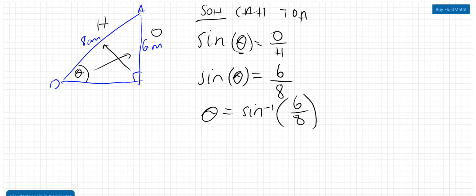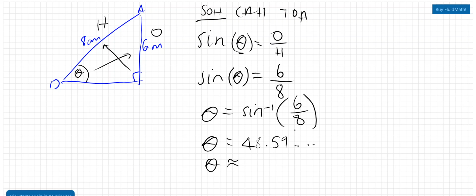Now, please enter this into your calculators, and you should get 48.59, I think. And it goes on. The question asks us to find it to the nearest degree. Always check and see what the question asks you to do for your final answer. So the angle is approximately, to the nearest degree,